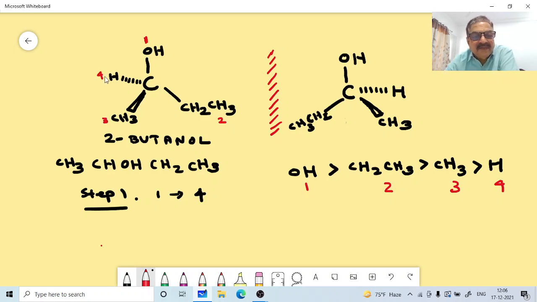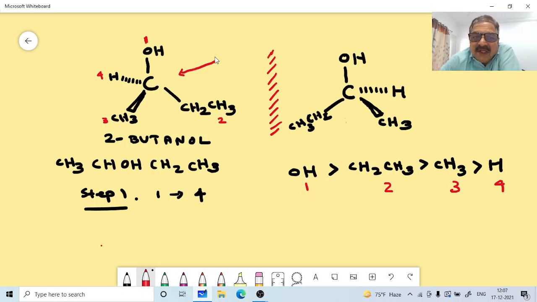Now, what you have to do is orient the molecule so the lowest priority group is back, that is, on a dash. There is no problem here. Then we visualize this molecule by looking down from the side opposite the lowest priority group. You have to look from this angle. When you are looking from here, you see the shape, and then you have to trace a circle. That is step 3. So this much is clear now.